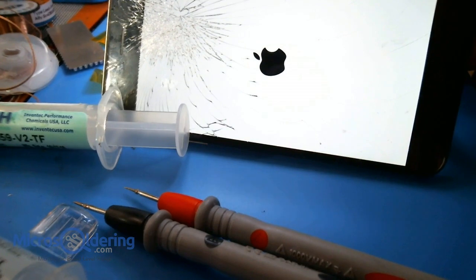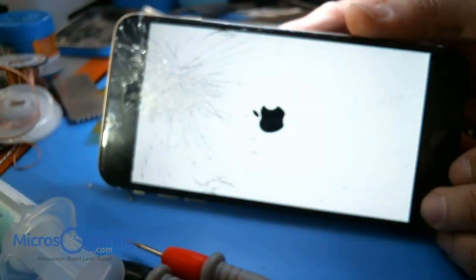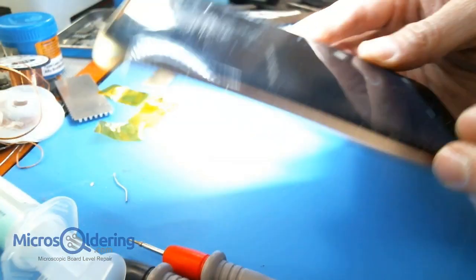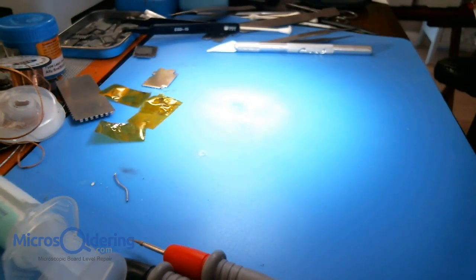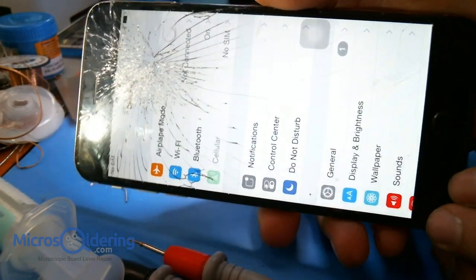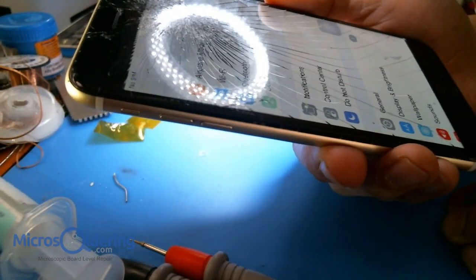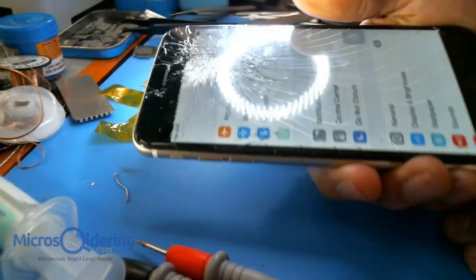Alright, so as you can see, we get full brightness now, and the backlight is good to go. I'm not going to show you the cover. So here you go, full backlight, and that is how you do it. Alright, so we are good to go now. I don't know about everything else, but I'm going to test everything, and